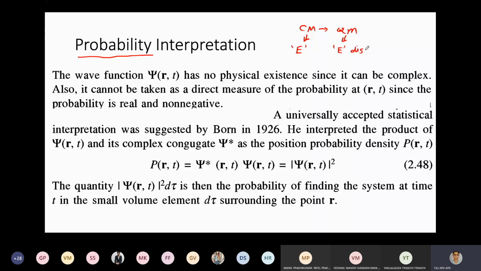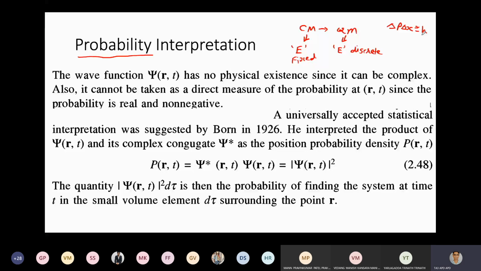In classical mechanics, we take a fixed value of energy, I mean there is a fixed value of energy for a particular system. But in quantum mechanics, we say that it is all probabilistic. We do not put a label saying that this should be the exact value. Because if we see the uncertainty principle, delta p into delta x equal to h, there is this uncertainty. When you are trying to define the position, the momentum is uncertain. And when you are trying to define the momentum of the system, there is an uncertainty in the position of the particle.